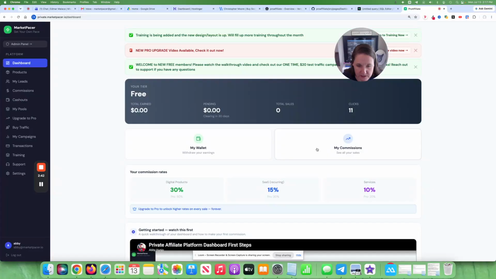So what I've done with MarketPacer is I've built out an entire library of business tools, guides, software, services, my top selling services, and I've put them all in one place. And I have a private affiliate program. I've been calling it PAMP, which is Private Affiliate MarketPacer Platform or Project. And it is private. You cannot just come to the sign up page and sign up. You have to have an invite link, and either you have to be invited by me or by a pro upgraded affiliate. Because this isn't going to be some recruiting game where anybody can sign up for free and then just tell their friends to get in, because that's not what I want.